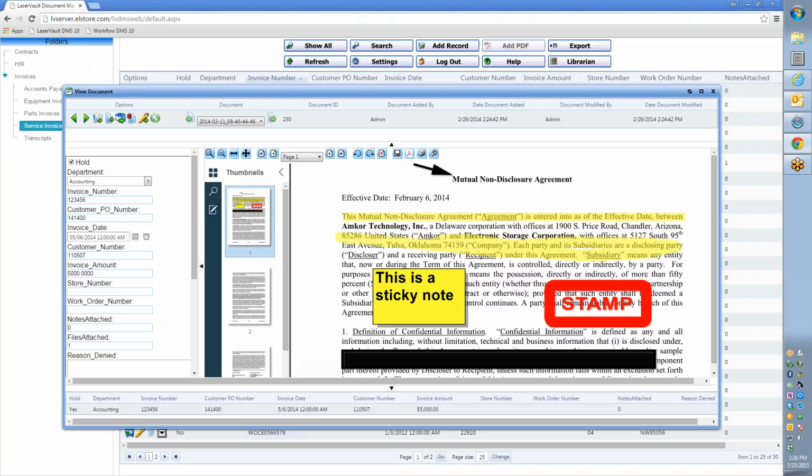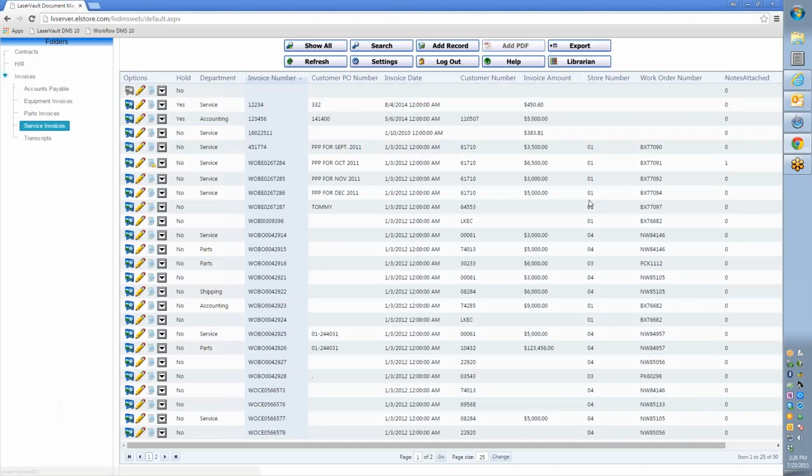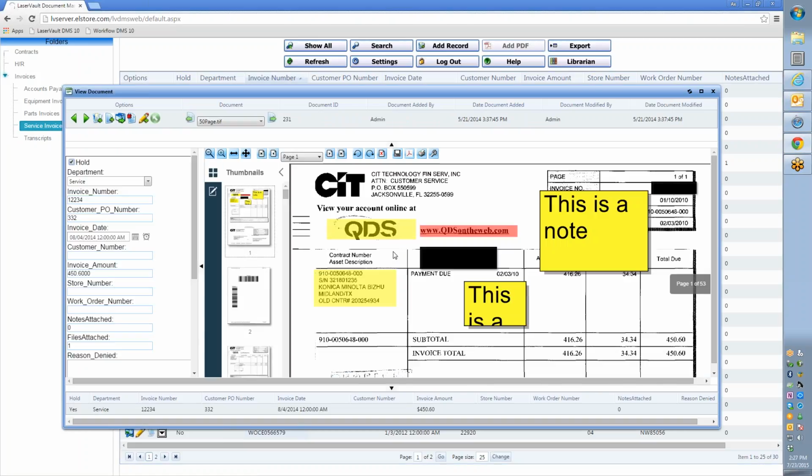So you have documents that are already TIFF images that have been scanned, but you're welcome to scan to PDF if you're storing reports in DMS10, which you can do. You can store your printed reports, all your financial statements, invoices, etc. Those can also be annotated in this same fashion from any browser without having to load any software, ActiveX, plugin, or add-on. Nothing needs to be installed at the user's desktop in order to do these functions for viewing PDFs, annotating PDFs, and TIFF images. Here's a TIFF image